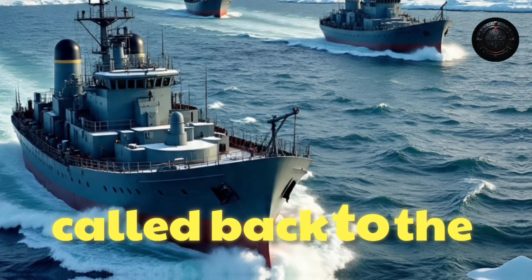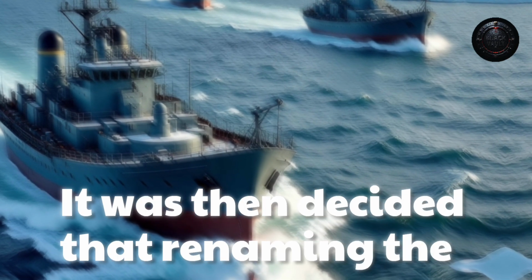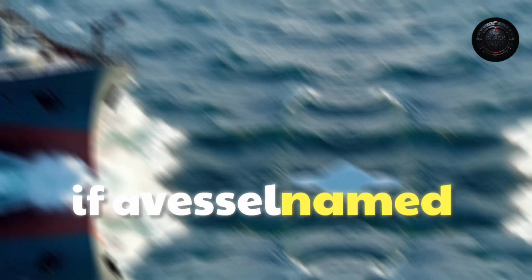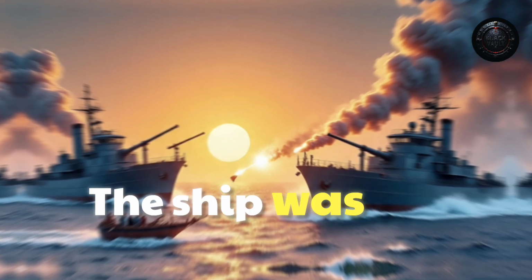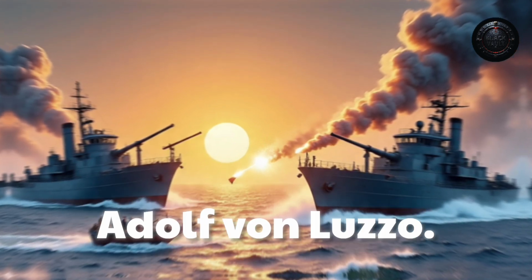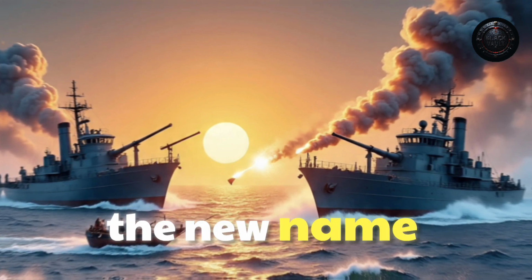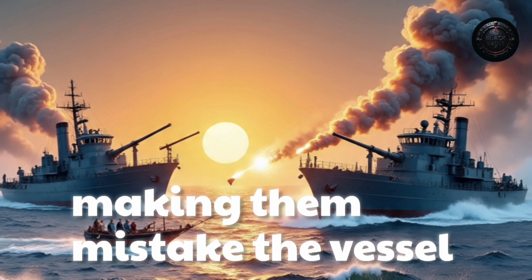Deutschland was called back through the Denmark Strait for overhaul. It was then decided that renaming the ship would be prudent. Hitler and his officials felt it would be too demoralizing if a vessel named after the nation itself were lost in battle. The ship was renamed Lützow, after the famous Prussian general, Adolf von Lützow. Admiral Erich Raeder also hoped the new name would confuse Allied forces, making them mistake the vessel for the Admiral